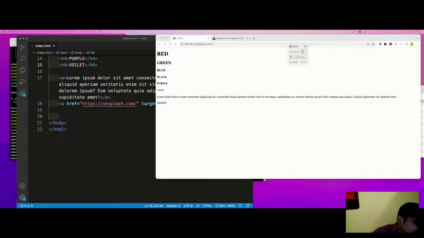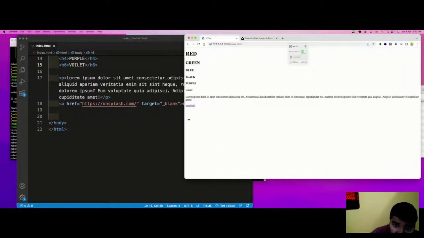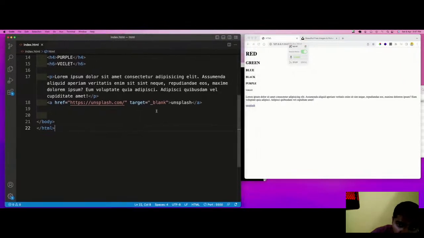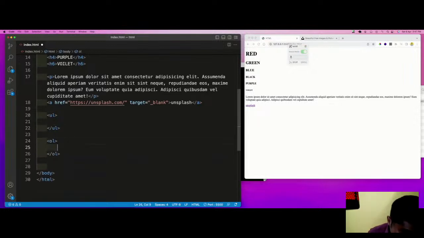Now, what is this list tag? Let us check out with an example how this list tag will work. A list tag will always be used in combination with an unordered list and an ordered list. So we use UL and OL. In between, we use a list tag. So this is how we use the li tag.